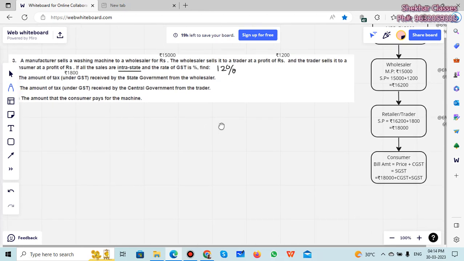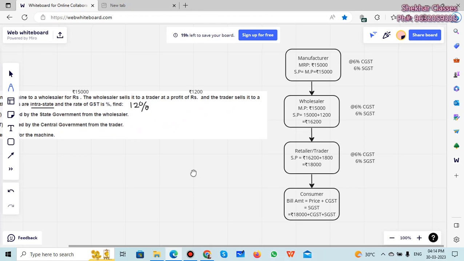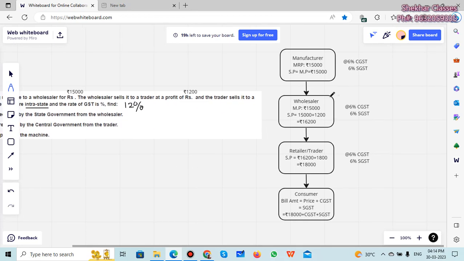the total amount. See, the hierarchy is like this. The manufacturer here, you have to draw this for yourself. I have drawn it to explain this properly. The manufacturer has sold, it's not MRP, it is just the mark price, I would say. Fine, it cannot be MRP, it's just the mark price. And the selling price is how much? 15,000. The total GST is 12%, so